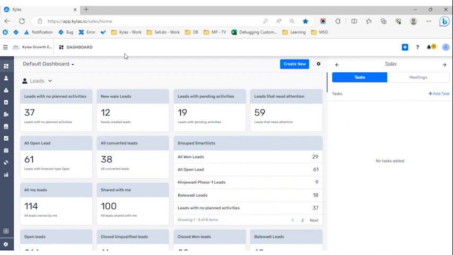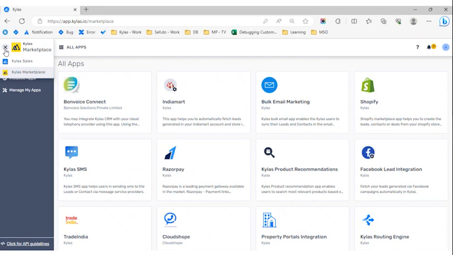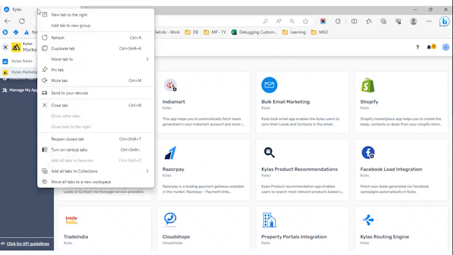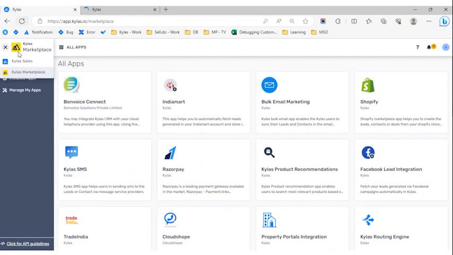Now, to access any marketplace application, the thing that you need to do is go to this burger icon, which is available on the top left-hand side. Click on it and you would see a menu that is Kylas Marketplace. Now here you can switch between the Kylas sales portion and the marketplace as well. Now let me open up a duplicate tab, and from here we will look at the